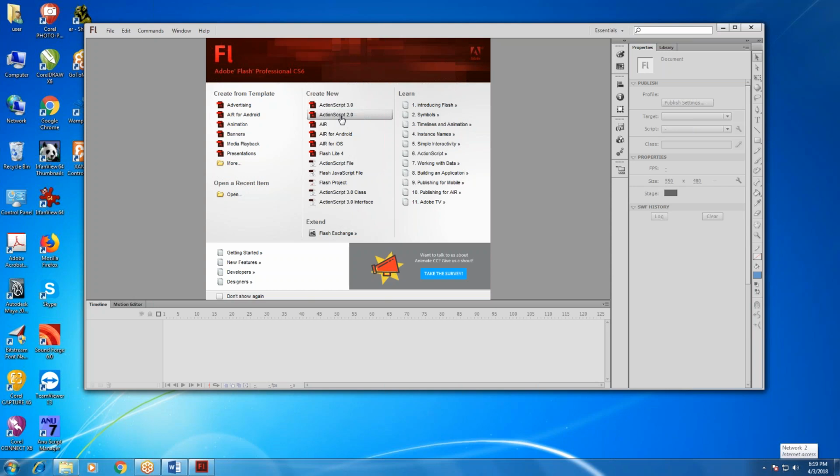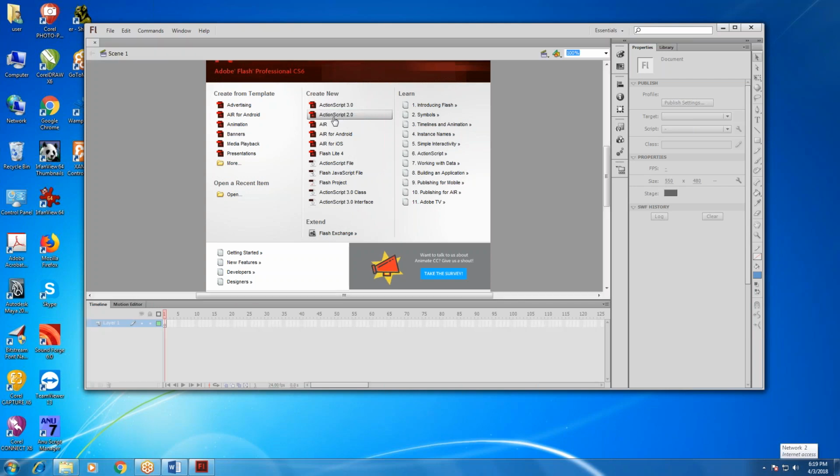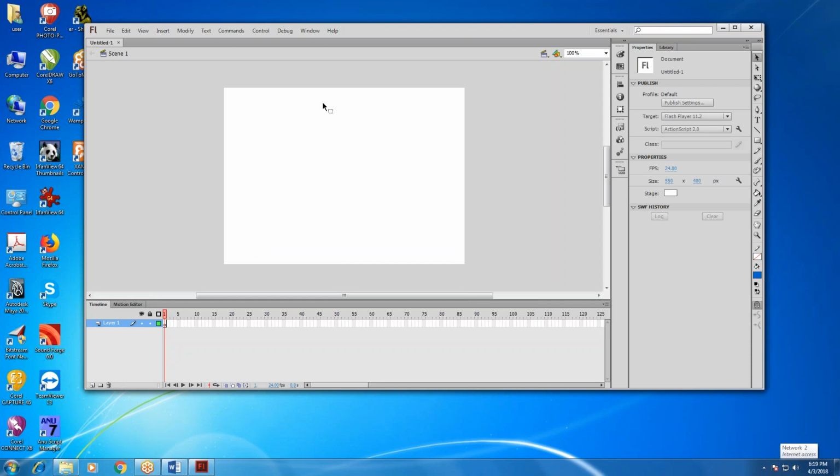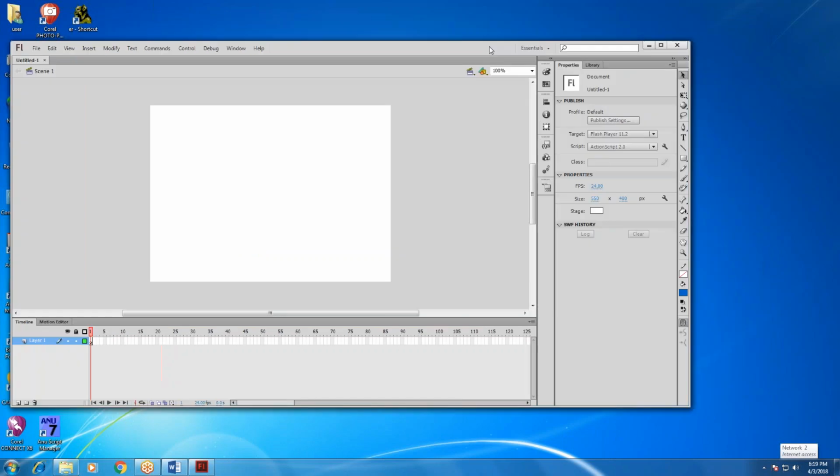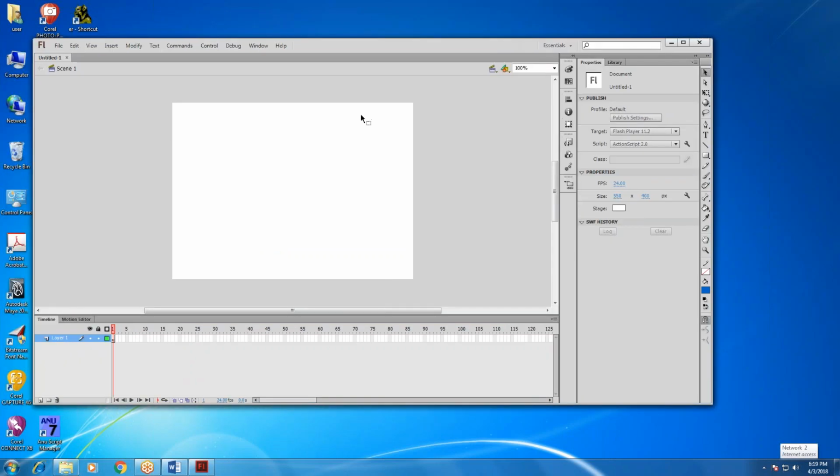So this is Flash Professional. We can select the Flash ActionScript 2.0, 3.0. We can select the scripting. So this is the page.